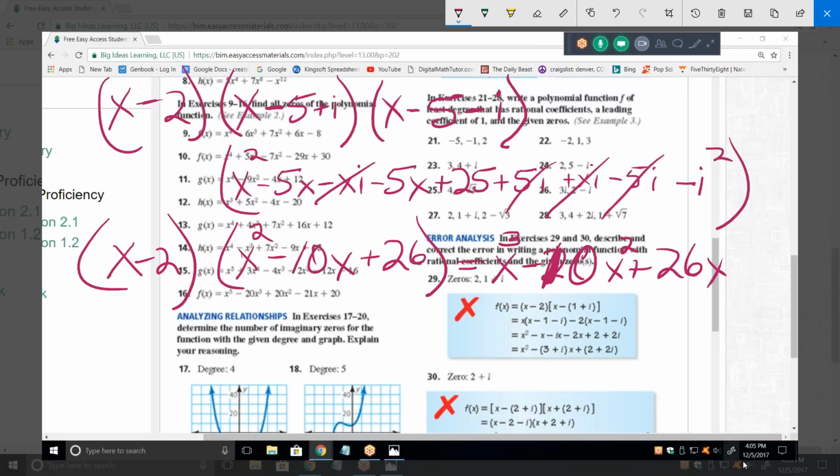Minus 2x squared minus 20x. Negative 2, plus hold on. Negative 2 times negative 10x, 20x. Plus, oh yeah, not minus, plus, okay? And then plus